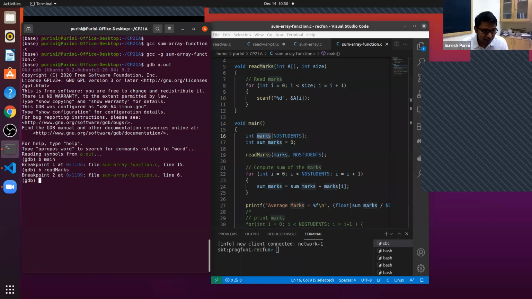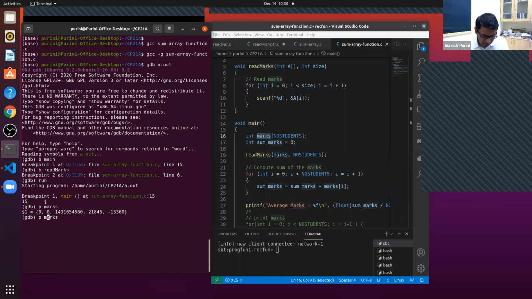Okay, someone is good. So now, if you print marks, or rather, how do I print the contents of marks?